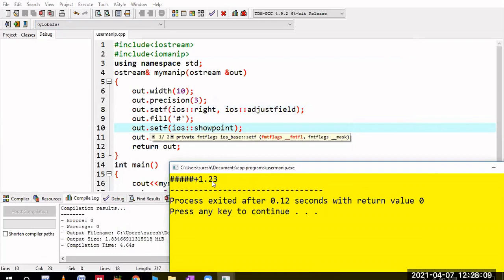So that's why 3, 2, 1 and the next plus sign. Plus is nothing but show positive, and show point is nothing but this point will be shown, and these are all empty spaces which will be filled with this special character, that is hash.